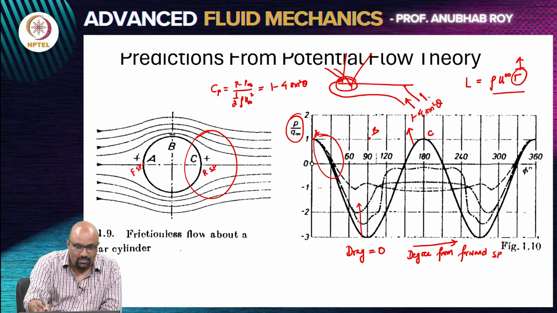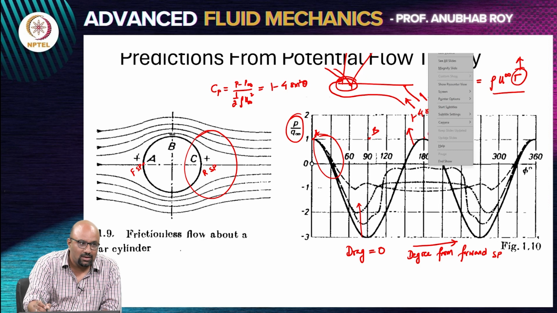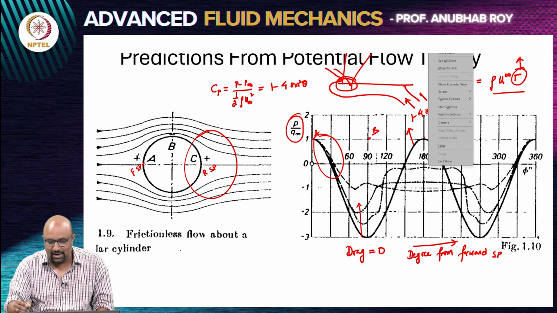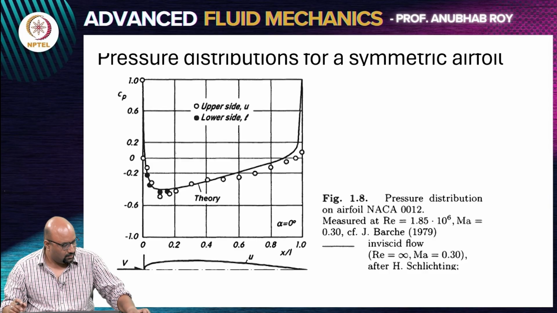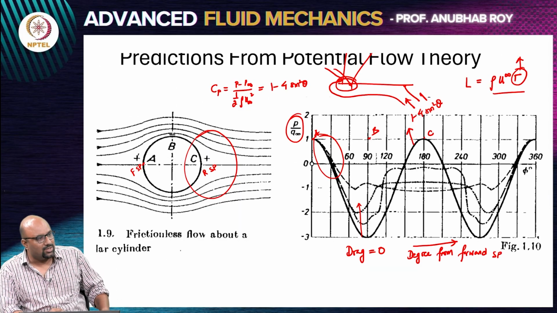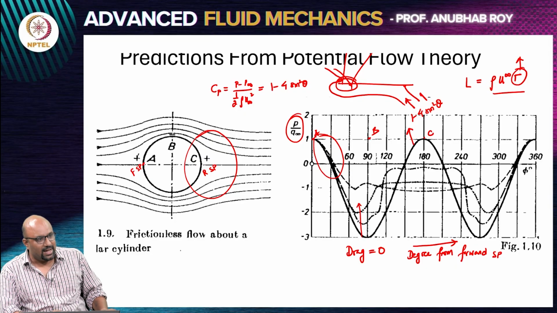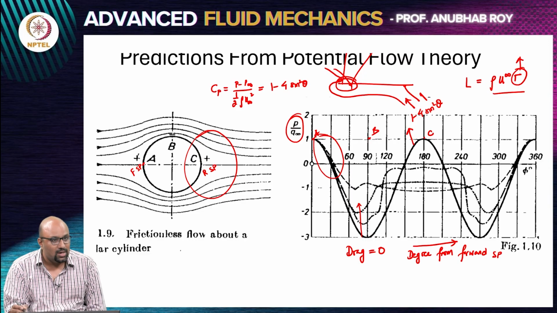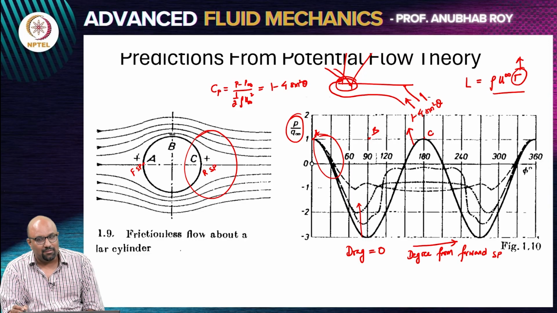By the time it comes to the stagnation point, it should be 0. So, there is an immense amount of retardation going on for a fluid parcel that is trying to slide over the plate. And this is basically what we said, that when you are doing this calculation, the value of your lift force gets determined such that the rear stagnation point goes and sits on the trailing edge, and that is how we actually manage to compute the value of circulation and thus the value of the lift. So, potential flow